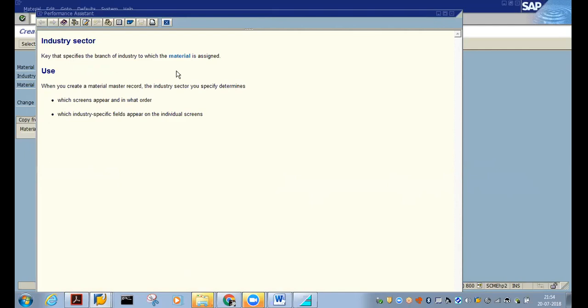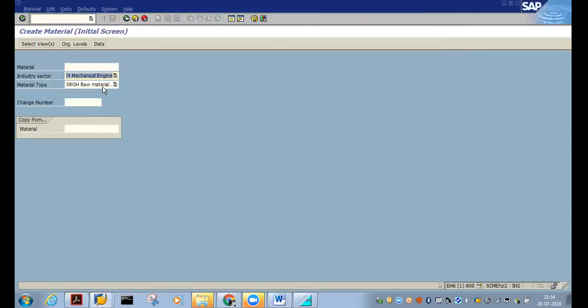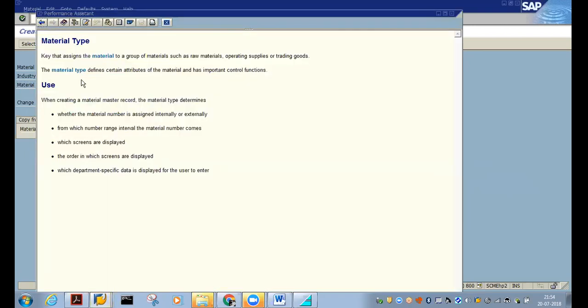This is the key that specifies the branch of industry to which the material is assigned. So whatever fields are specific to that industry will appear. And then we have material type. Press F1 and you'll get the information on the material type also.